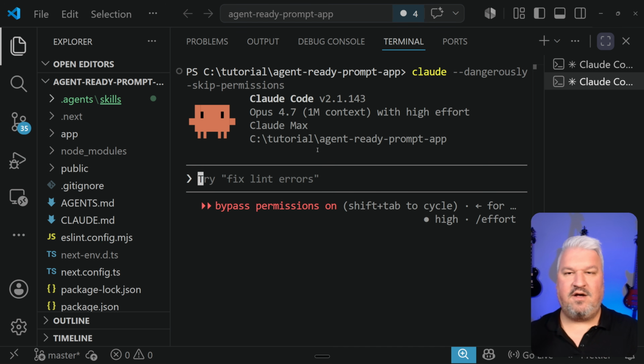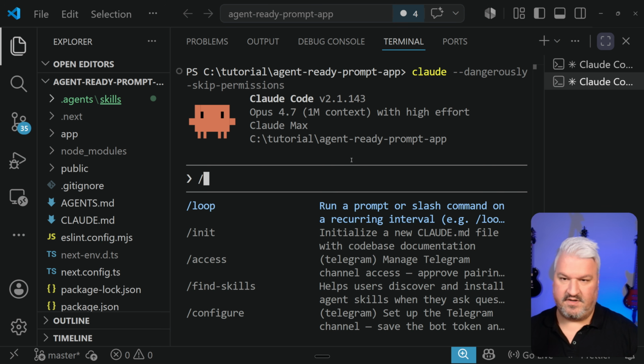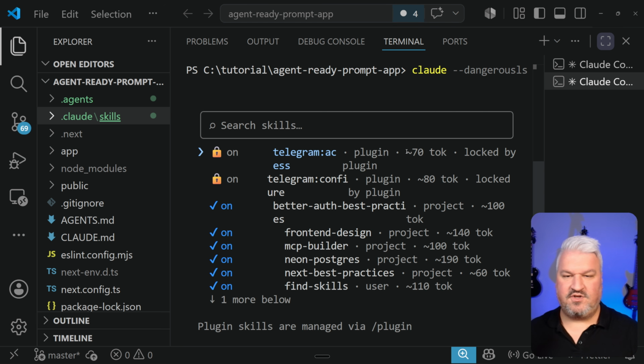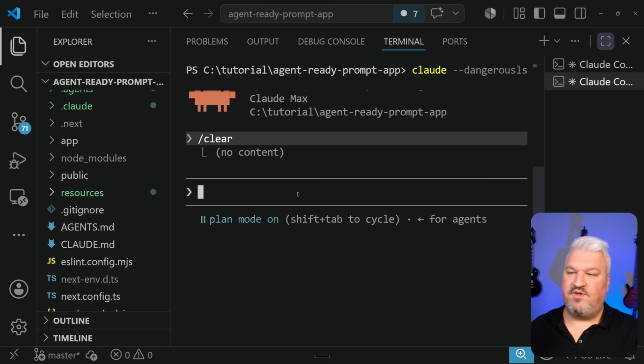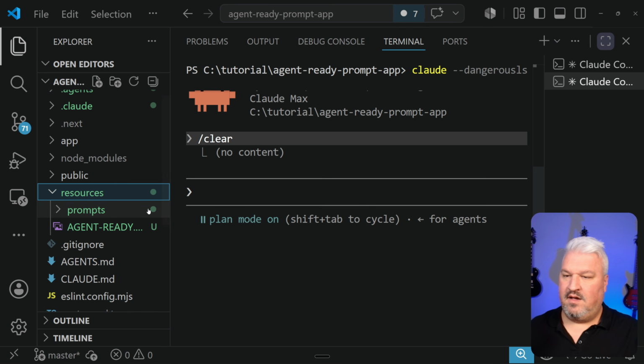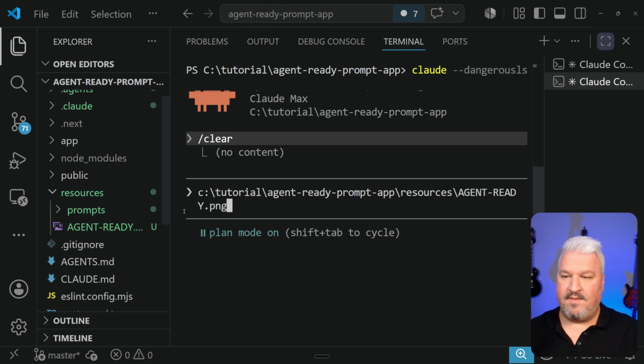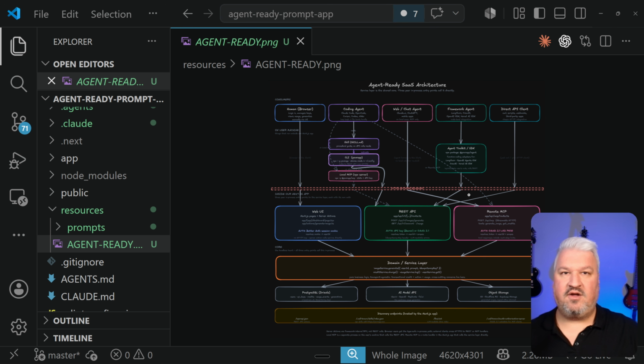So what we can do now is open up Claude Code or whatever coding agent you want to use. Then in Claude, I'll just run the skills command just to make sure that those skills are all available. Wonderful. Now let's switch over to planning mode and tell Claude what we're trying to build. Right, so let's do this. In the resource folder, we can pull in this diagram, and this is that architectural diagram that I showed you